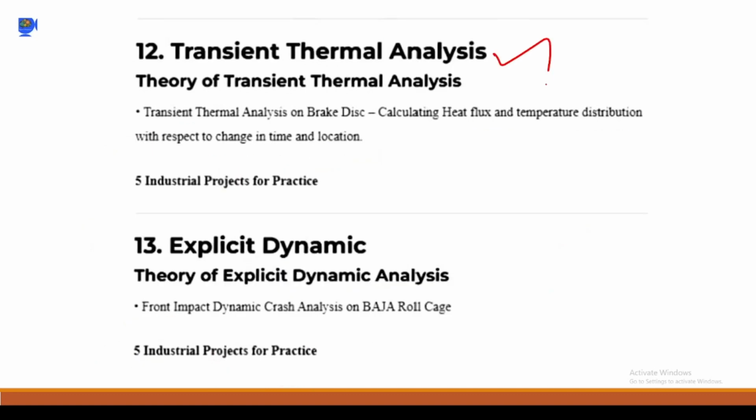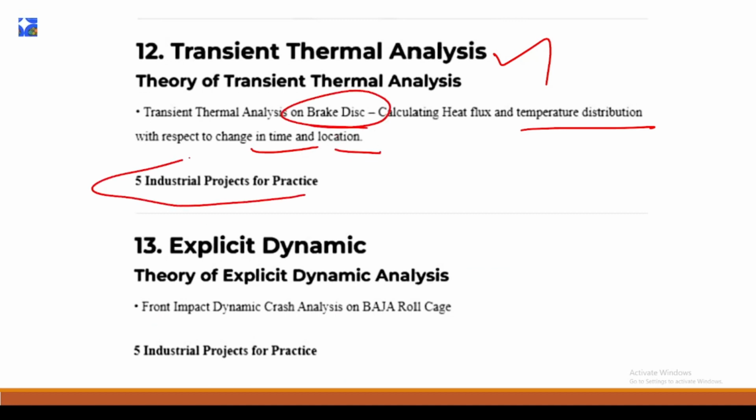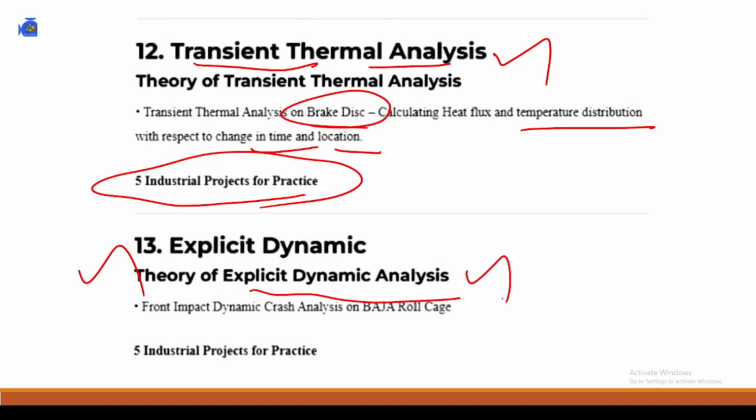Then comes the transient thermal analysis, where now the temperature is changing with respect to time and location. We'll take the same brake disc and try to apply the same, and also we'll give 5 industrial projects for this analysis also. Next comes your explicit dynamic analysis, where the theory of explicit dynamic will be discussed in detail,